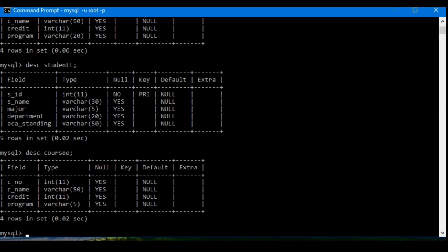Now let's practice how to insert records into the student table and course table. So we have a command called insert into. So insert into which table? Student table and the values. First we are going to insert into the student table and then the course table. Okay, actually student double T and then values follow the same sequence. The attributes are ID, name, major, credit and academic standing. So ID,